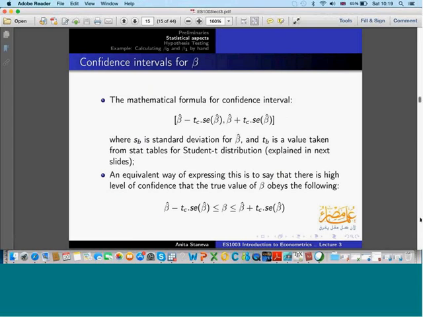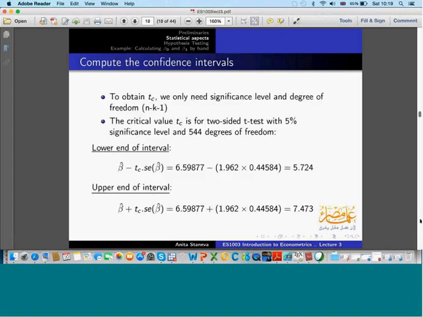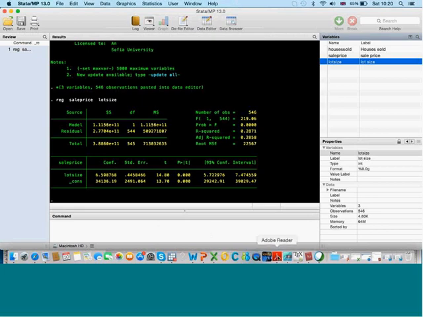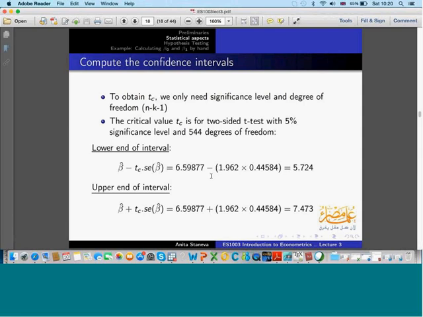This is the formula for the lower interval, and we are just going to use what we got after our estimated beta. For beta hat, we got 6.59877. Let me go back to the data. This is my coefficient that I get from the estimated coefficient. This is the lot size beta hat. And then I have this